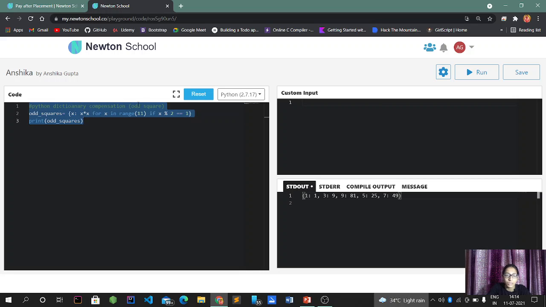Now what if I need a membership test in a dictionary? Okay, and I am printing the squares: 1 is the square of 1, then the square of 3 is 9, then again the square of 5 is 25, then the square of 7 is 49.